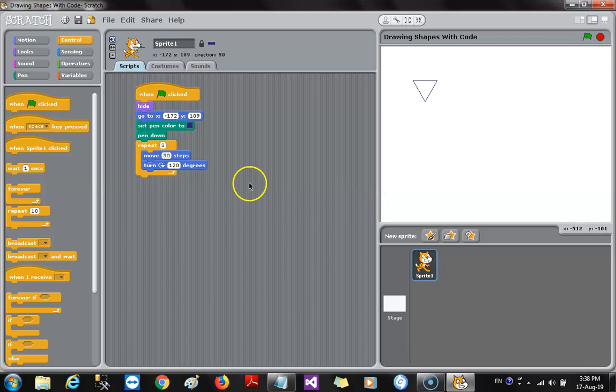Now you might think nothing really happened, but let's change the color. Let's do a green. Now let's run it this time. What did you notice? We have a green triangle. Alright, so that's kind of